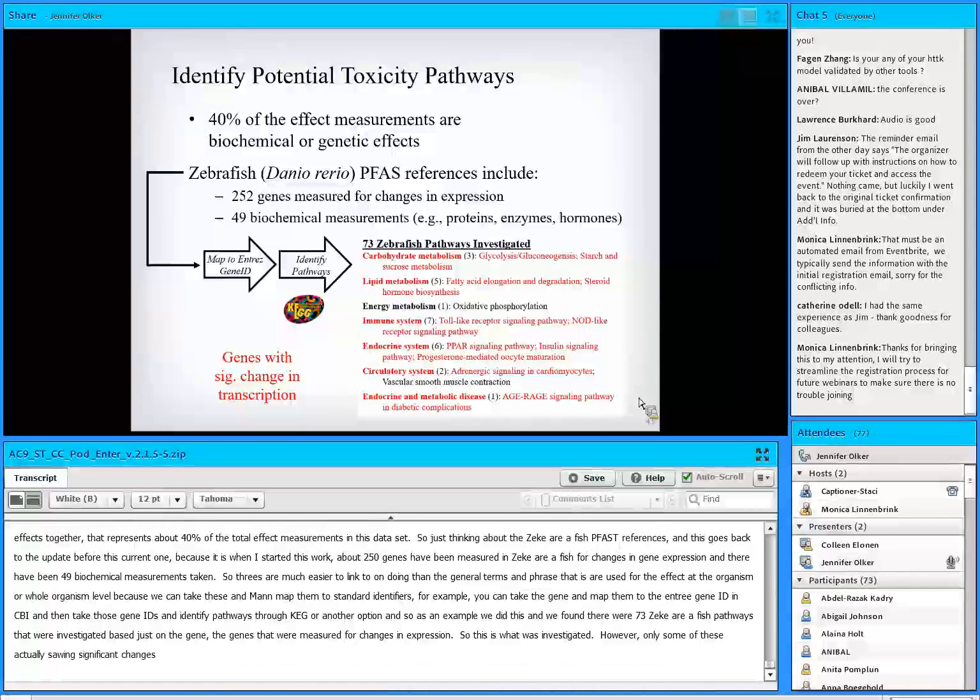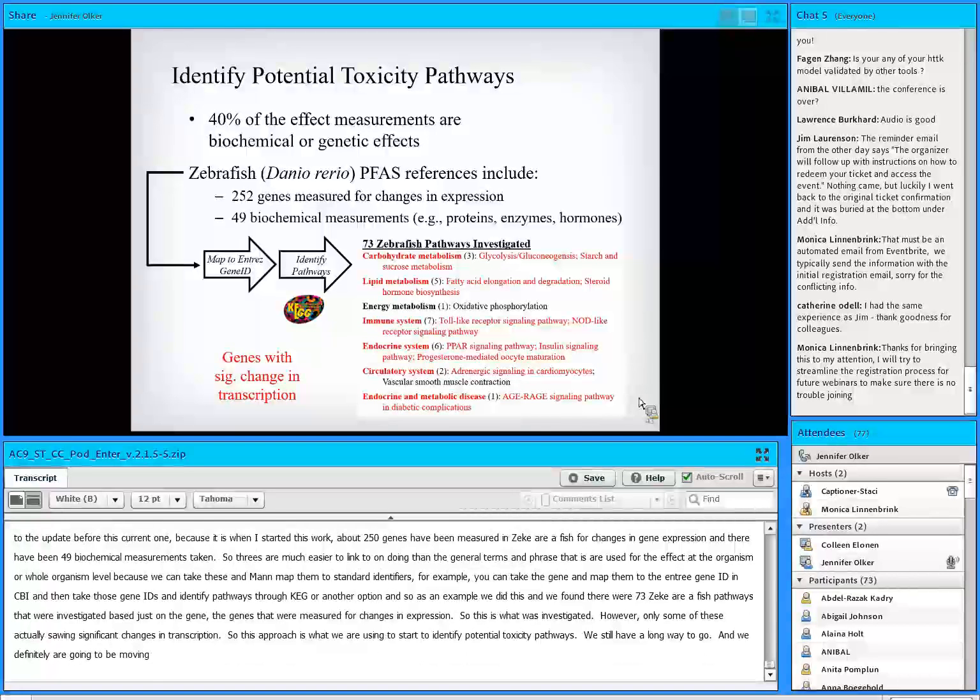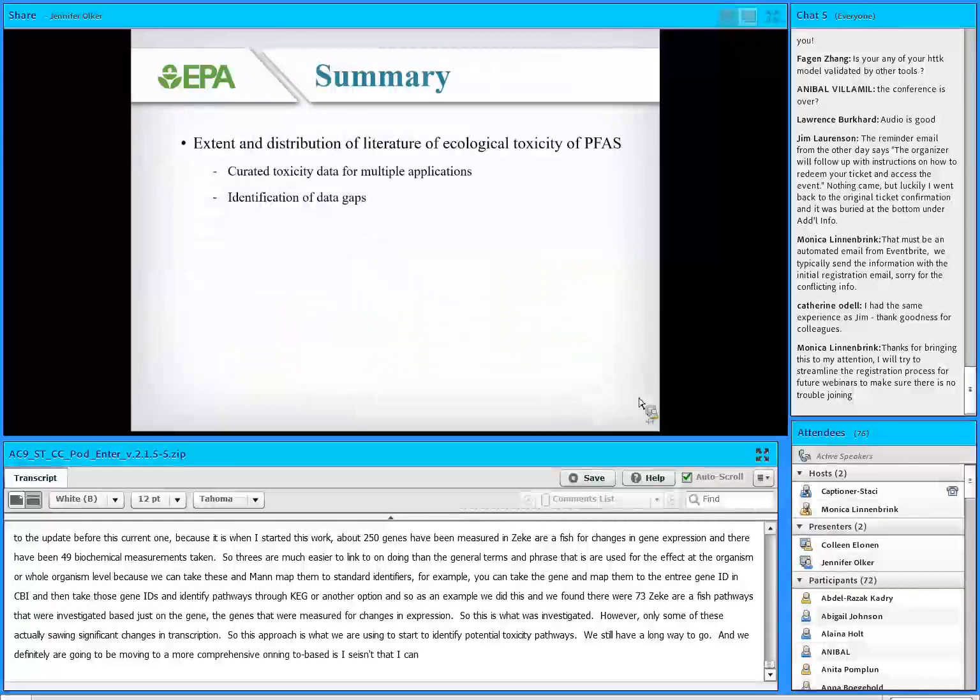So this approach is what we are using to start to identify potential toxicity pathways. We still have a long way to go, and we definitely are going to be moving to a more comprehensive ontology-based semantic analysis, but this is an initial step. So in summary,